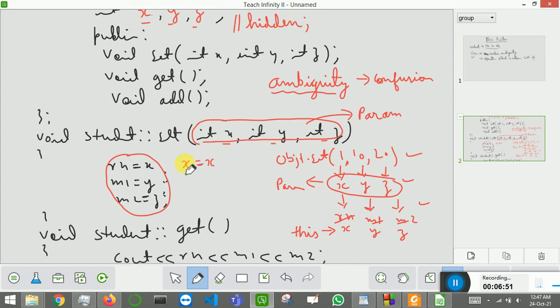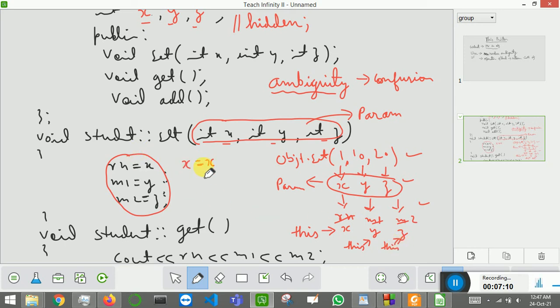So if you write x here, this x will refer to the parameter x, and you can't use x for the variable. So for accessing these variables, you have to use the this pointer. You can write this arrow x and this arrow y.